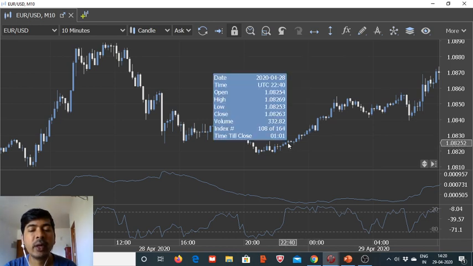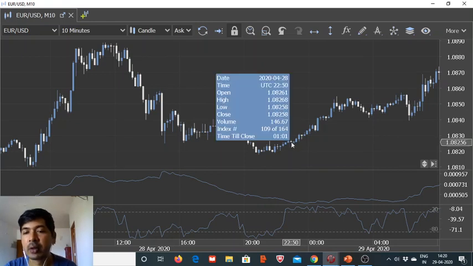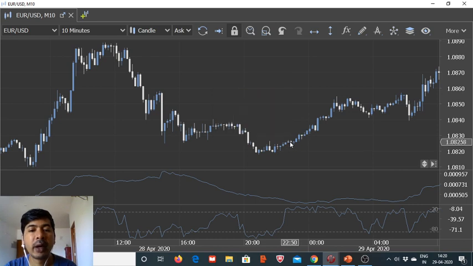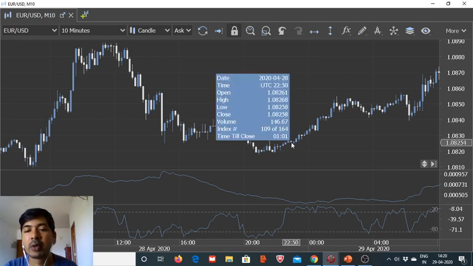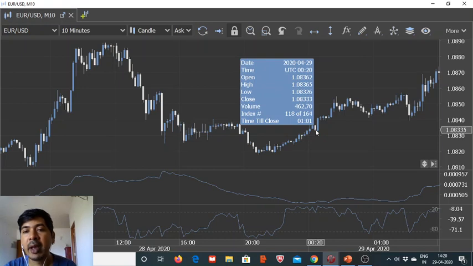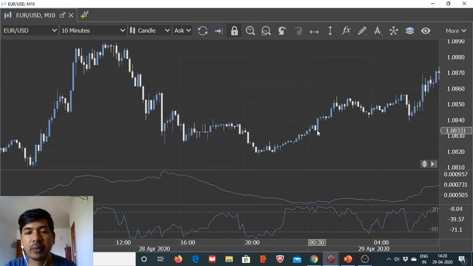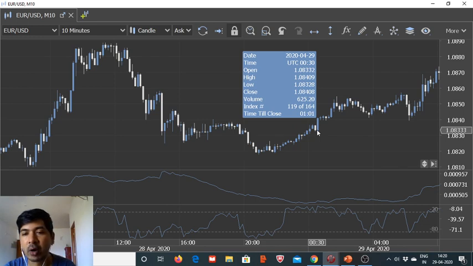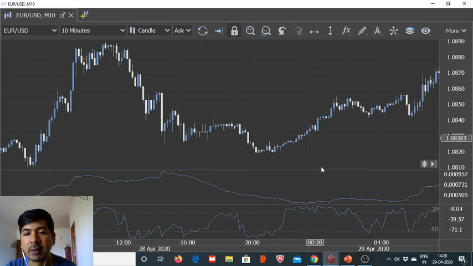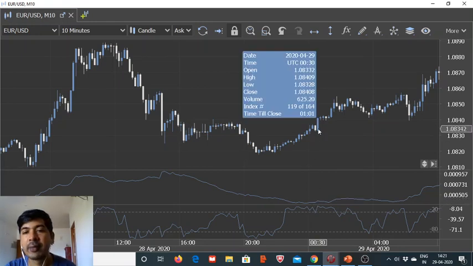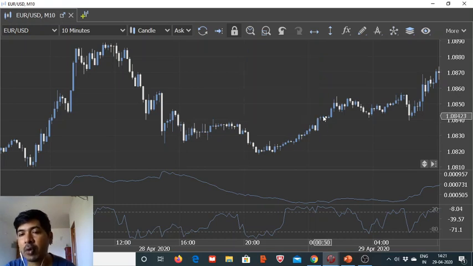and the prior candle should have closed in green, that means it should have closed with gains, and now in the next candle there are some losses, it is closing lower, and we look at that scenario, and we want its closing to be even below the prior candle's opening price. So that is going to happen here, and then after that we add up say 20-30 percent of the ATR, whatever the ATR is at that point in time. So here the ATR is around 3 pips, so we will add say 1 pip, and we will push the order higher, and then whenever the price starts to rise again, we will go in for a fresh buy